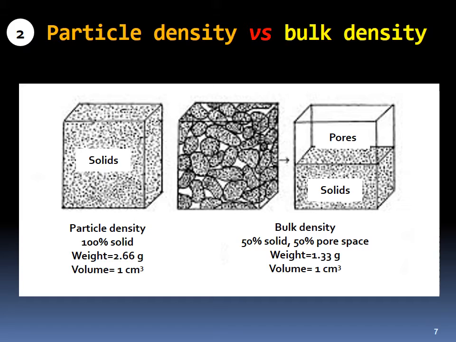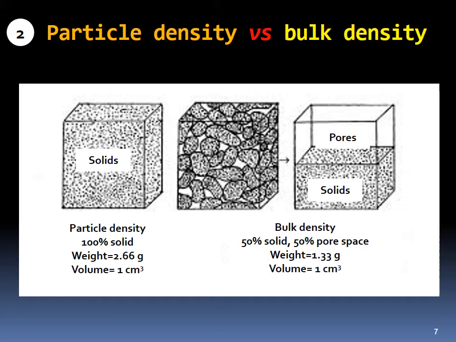Now, again, for the particle density, you are measuring the mass over this volume. So the mass would be only considering the mass of the solids, without the air, without the water, without the organic matter, only solid, 100% solid. You put them all together, compress them up to occupy entirely the full cube, and then you weigh them, and you get the mass 2.66 gram. Now, to get the particle density, divide 2.66, the mass, over the volume, and that would be 2.66 gram